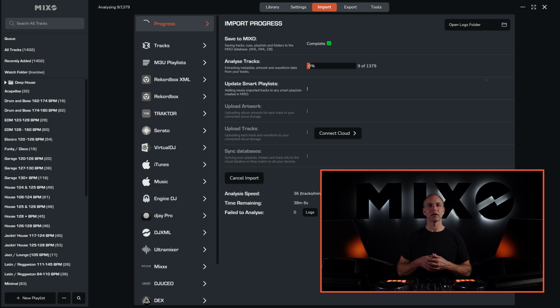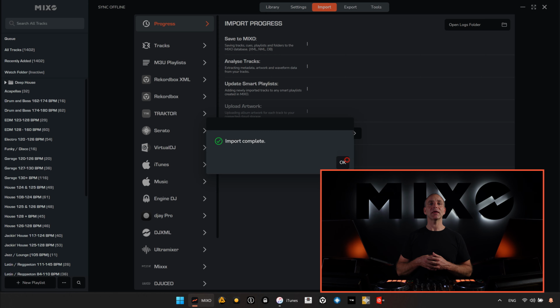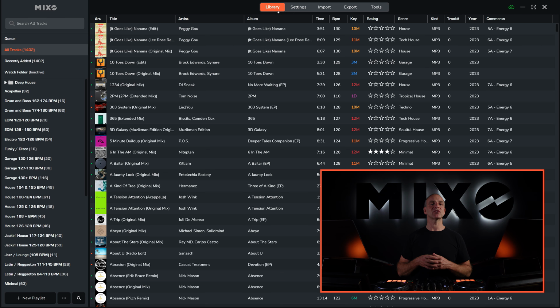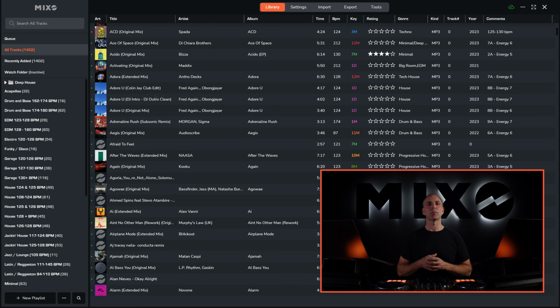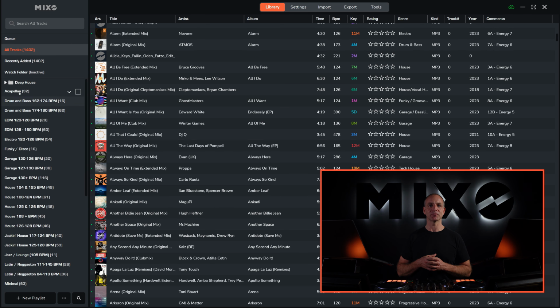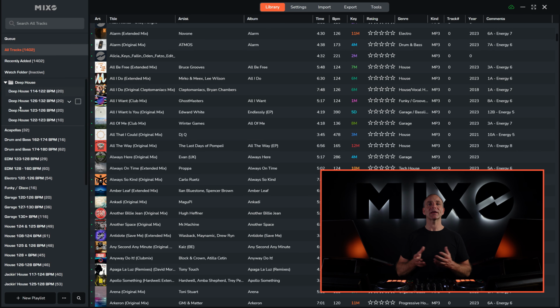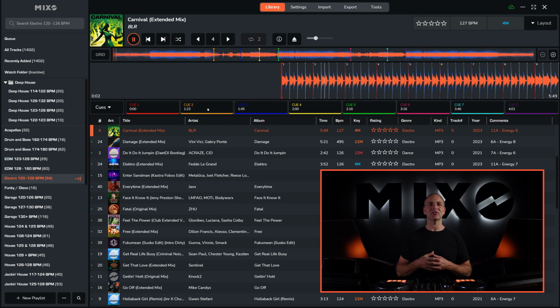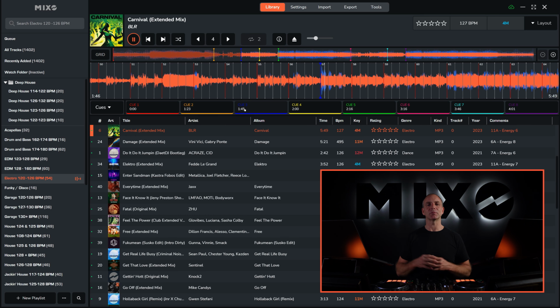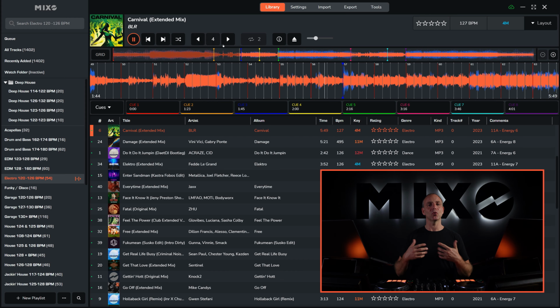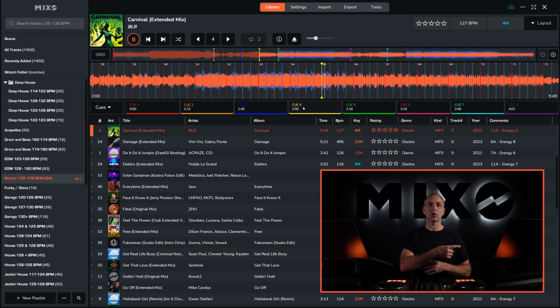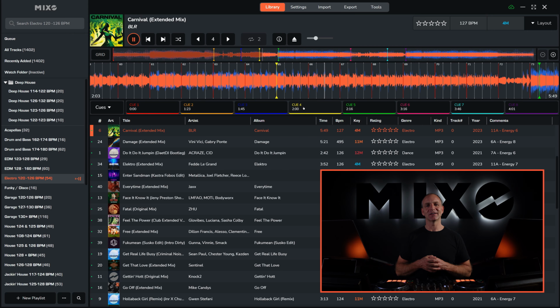This import may take a bit of time depending on how many playlists we choose and how big our library is. So you might want to get a cup of tea or even leave your import overnight. Once the import is complete, we can head over to the library in Mixo and you'll see all our playlists, tracks and album artwork have been imported from iTunes. We can now use Mixo as our main DJ library. Mixo lets us edit our playlists, import music from other DJ software, sync our entire DJ library to the cloud, listen to our music on all our devices, and export our library to other DJ software.